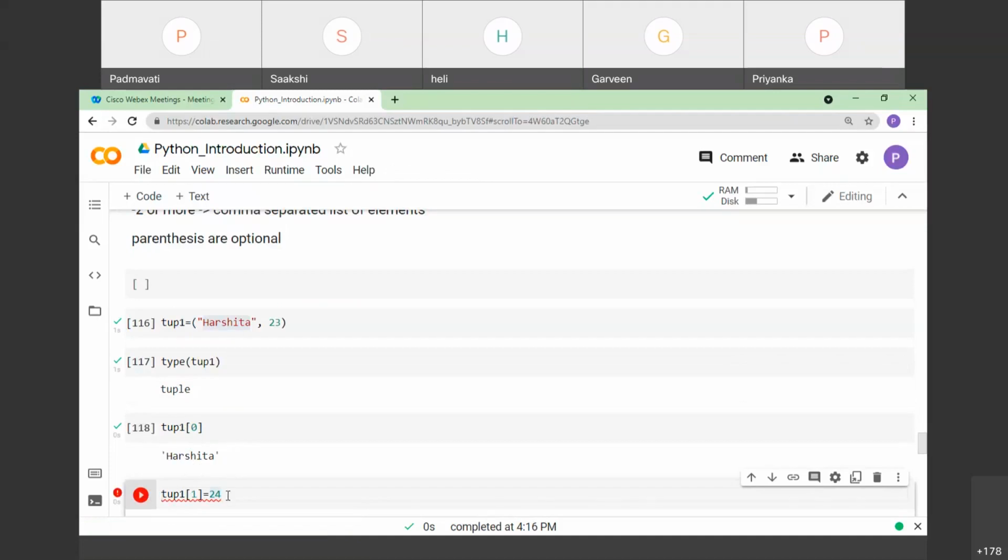In the next cell, I'm trying to replace the element